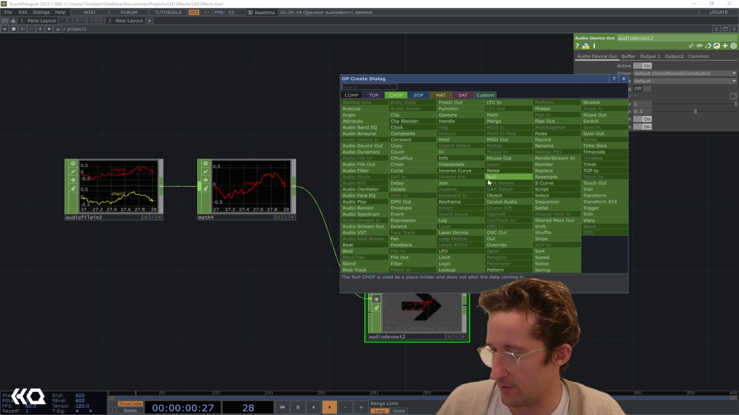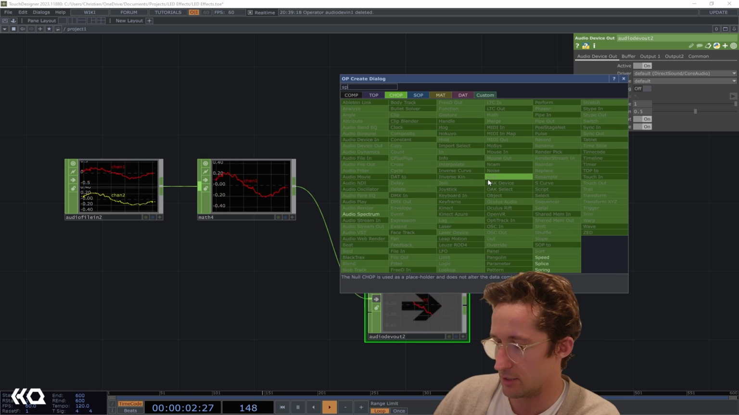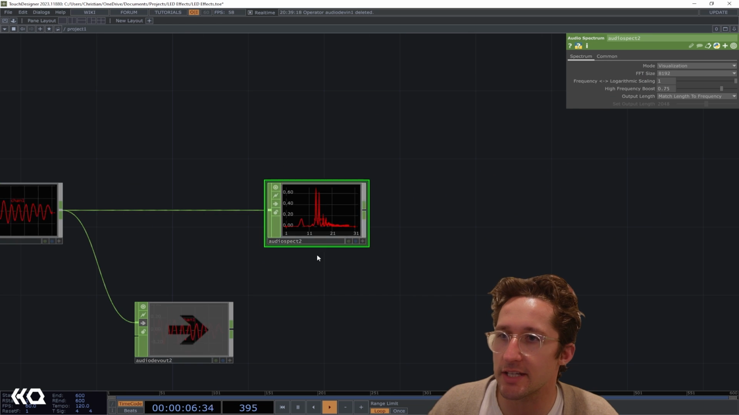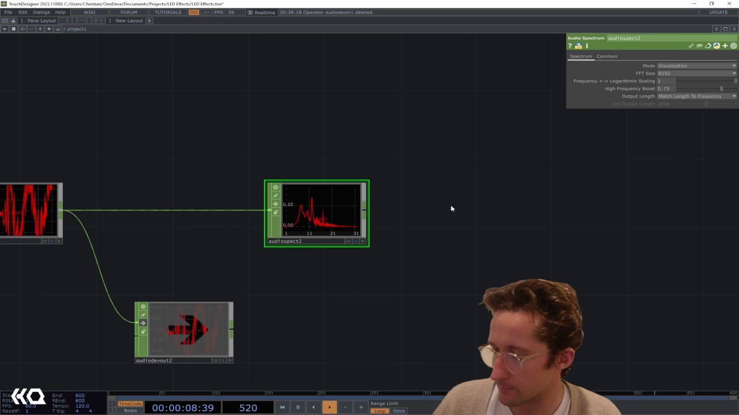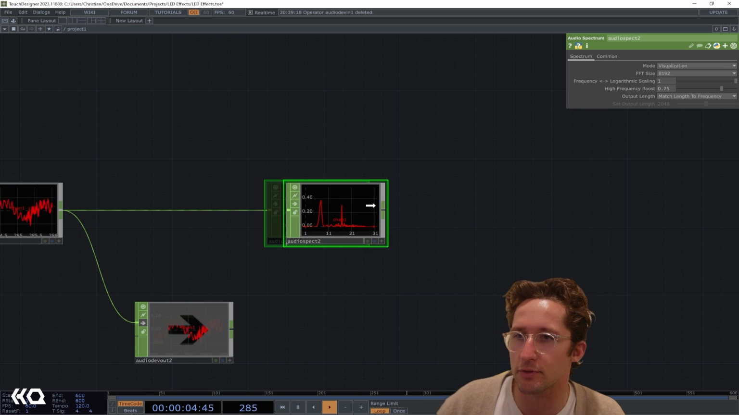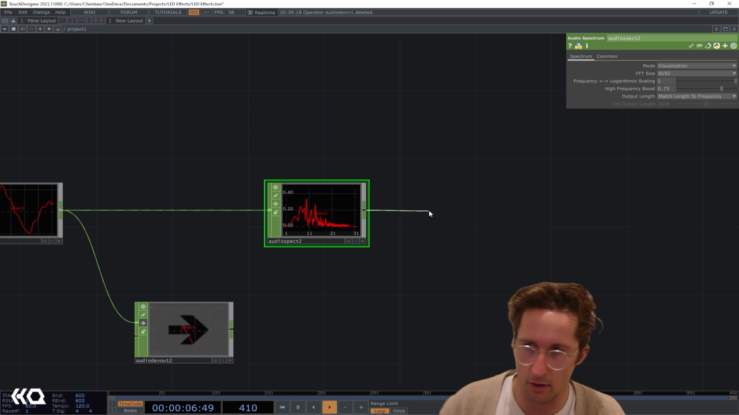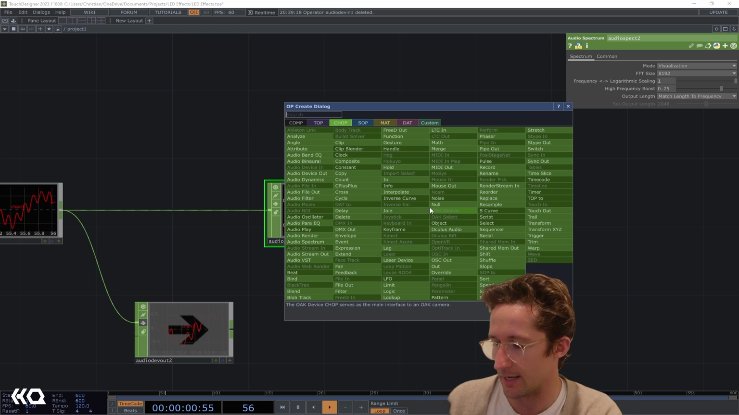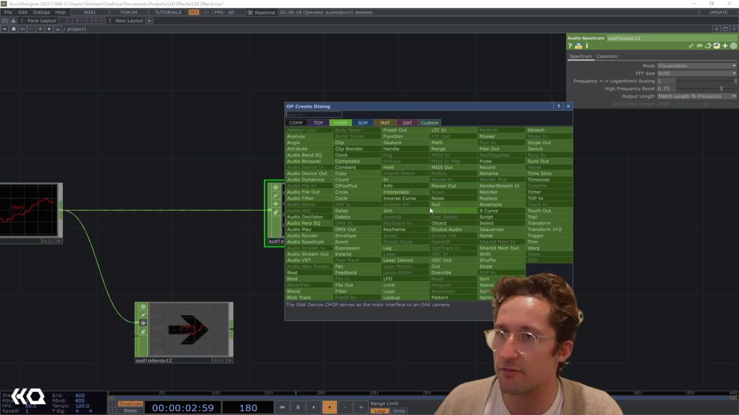And I'm going to feed this into a spectrum CHOP. And this is giving us our audio spectrum. It's something like 22 or 2,000 samples in our channel. It's just way too many for us to do in our LED matrix for us to see any sort of distinction. But I'm going to feed this into